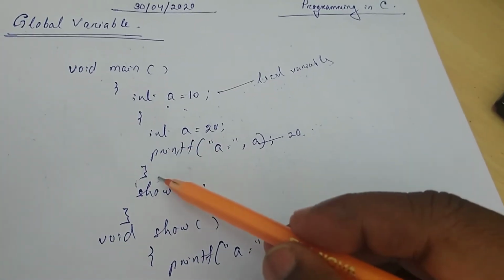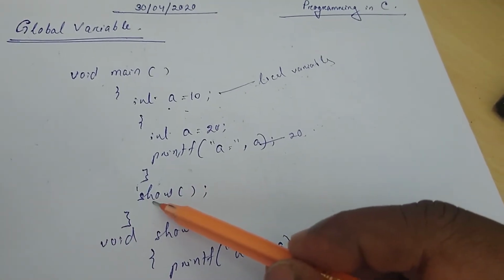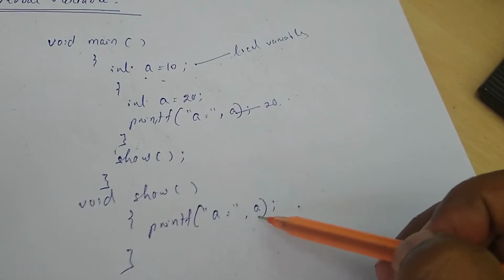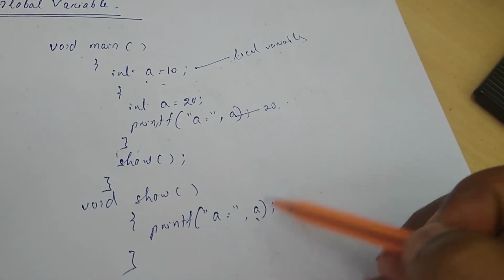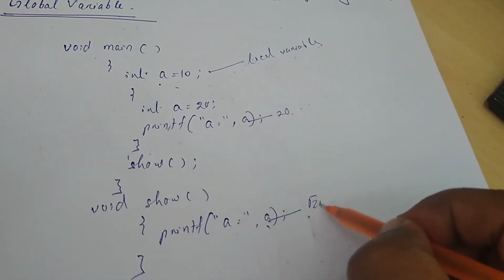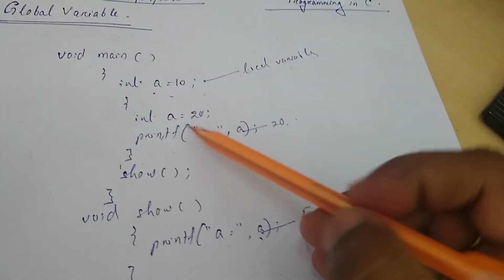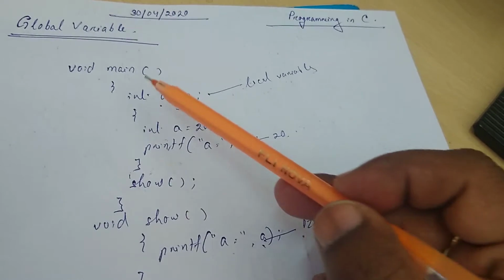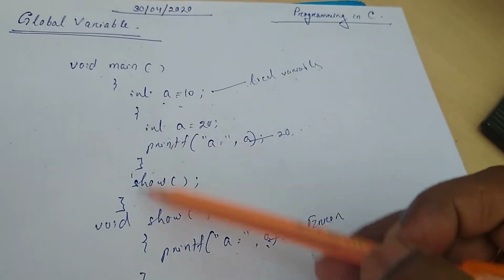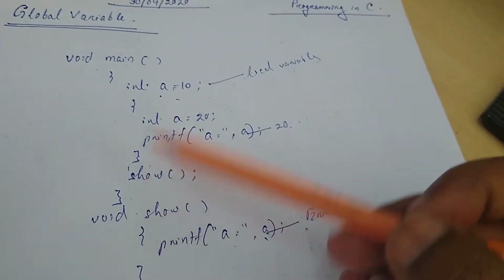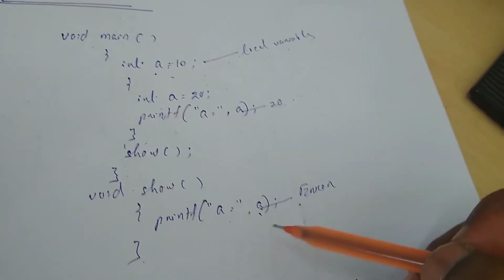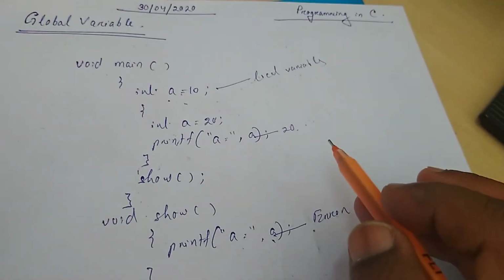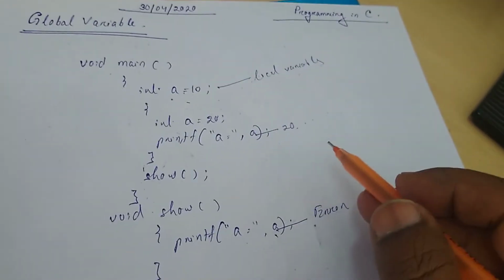So outside of this block, when you again call the show function, where inside show function you are printing a value, you will get the error message, because here a is a local variable which can be accessed within the method, but outside of this method, if any method wants to access this local variable, this is one error. You cannot do that. But that thing can happen in case of global variable.